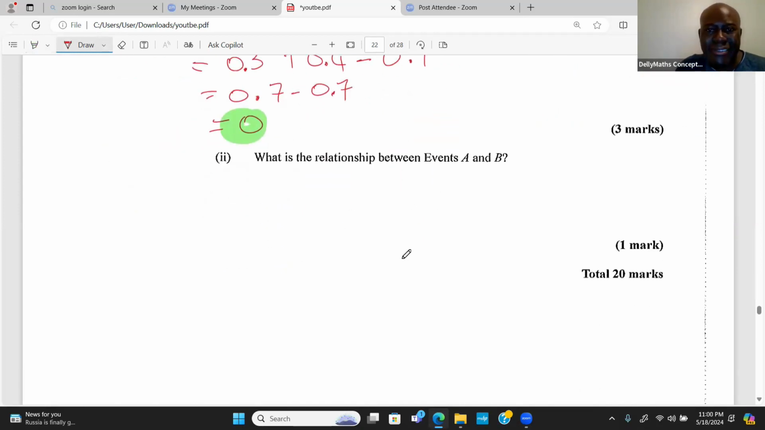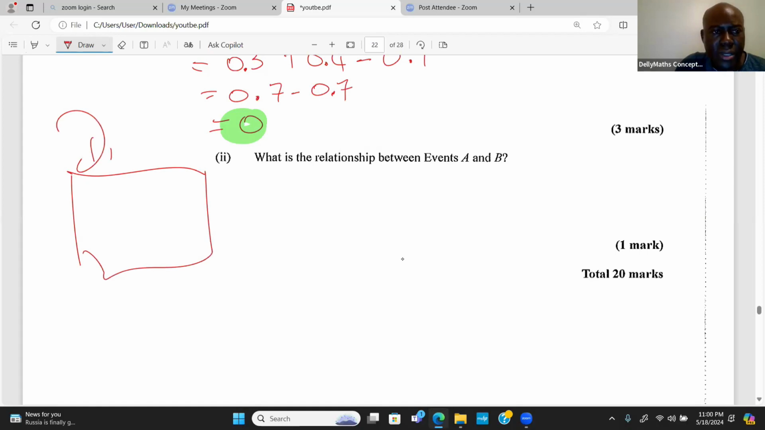It says, what is the relationship between event A and event B? Truth to be told, if there is no intersection, what we have is actually a disjoint set. So our sets are disjoint. This is A and this is B. They share nothing in common, right? So in terms of the relationship between these sets,